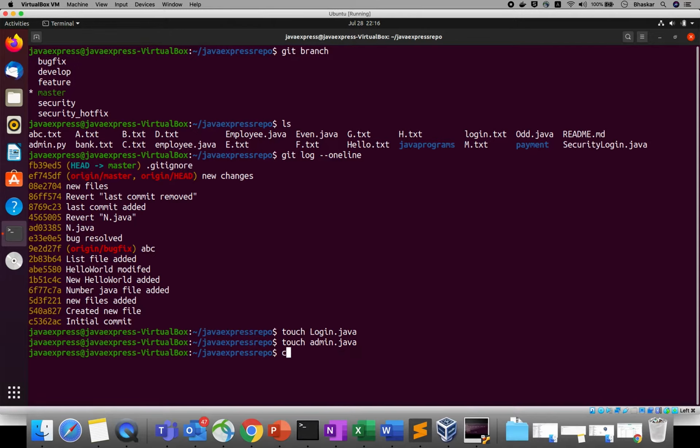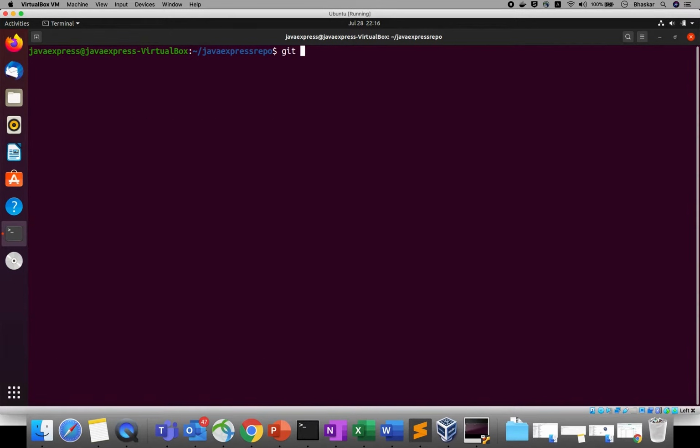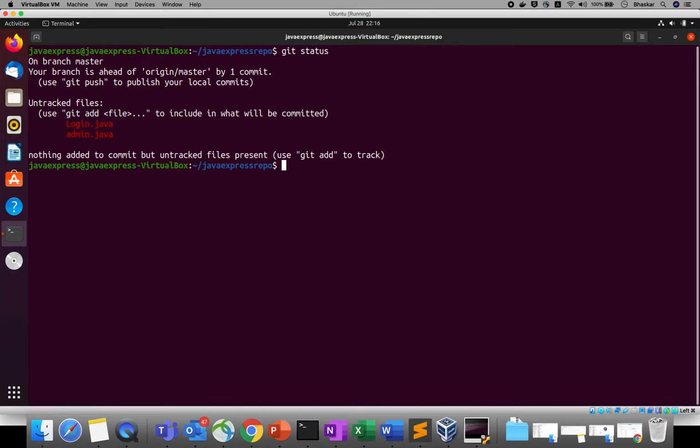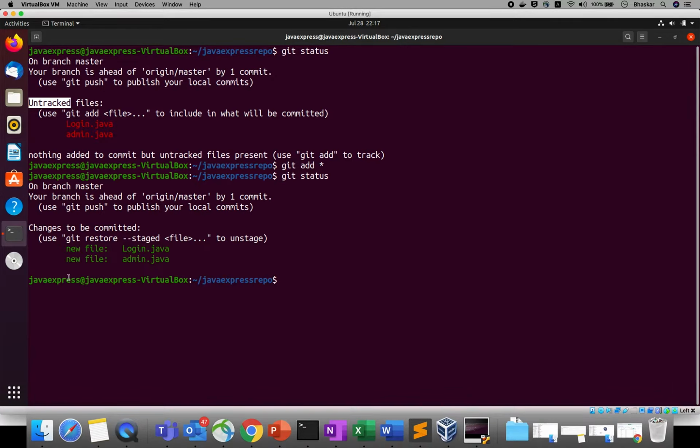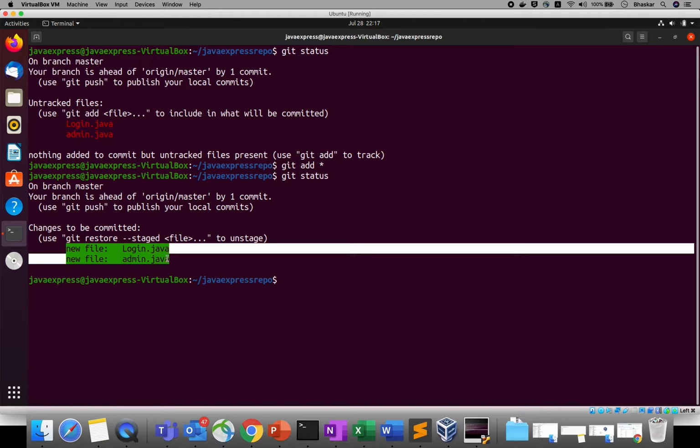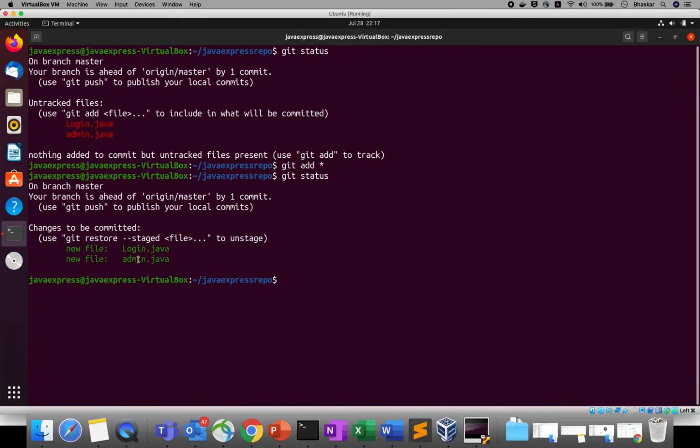Two files I created. Now if we use the git status command, these files are available as untracked files. Am I right? If you want to commit, you use git add star. If you use the status command again, all files are added to your staging area, shown in green color.